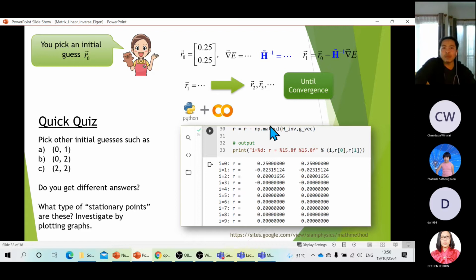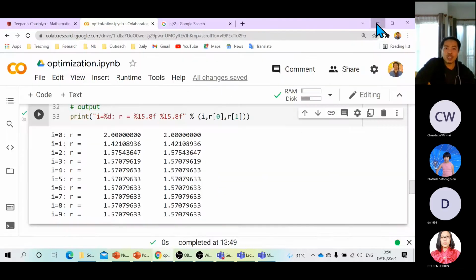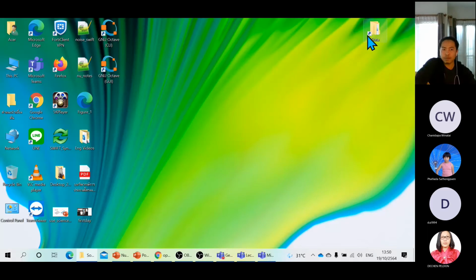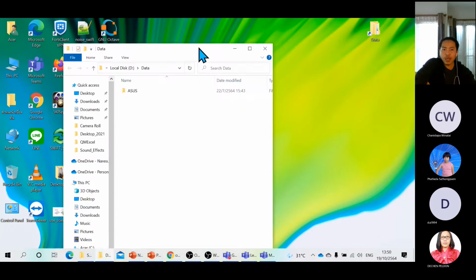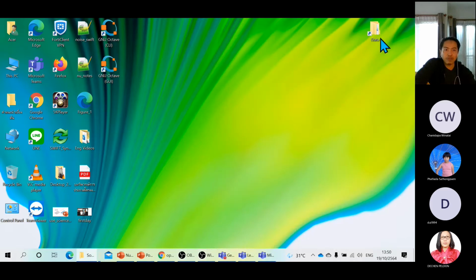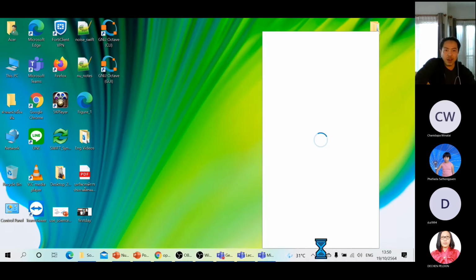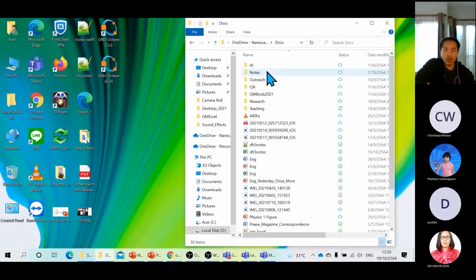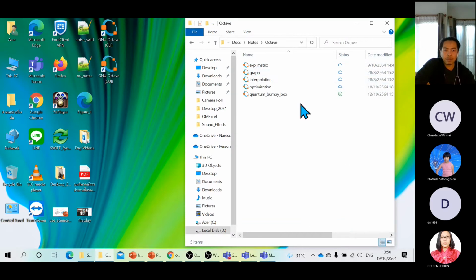Okay, we have learned a lot about Python and Google Colab so far, and I want to show you some new software here, just to get you acquainted with new things. Octave. Octave can give you a very nice graph. Let me see if I can find the file here. There you go. I have the Octave notes. There. I hope you can see the code